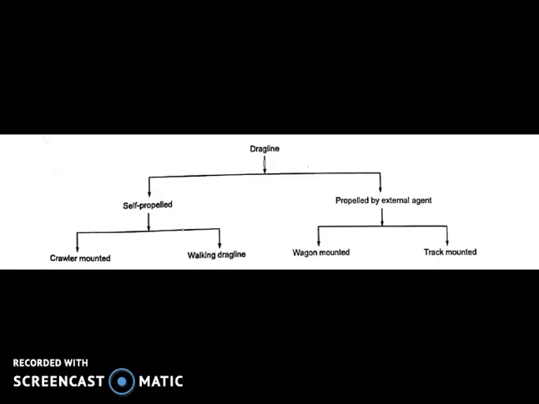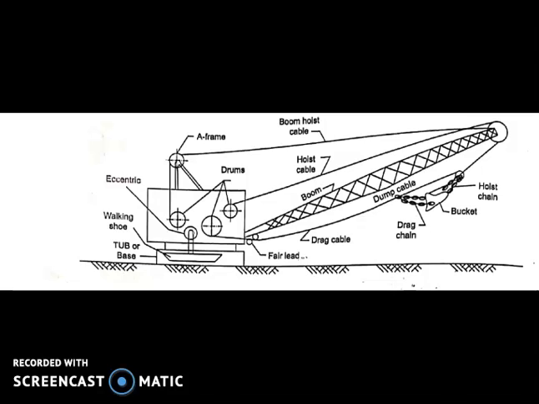Now, come to the next topic, that is the walking dragline. In this dragline, crawler units are replaced by a walking mechanism. Here this picture shows the basic schematic diagram of the dragline, where we can see easily